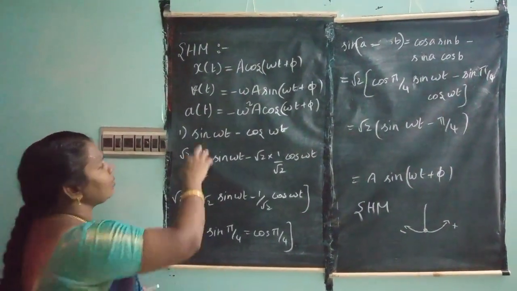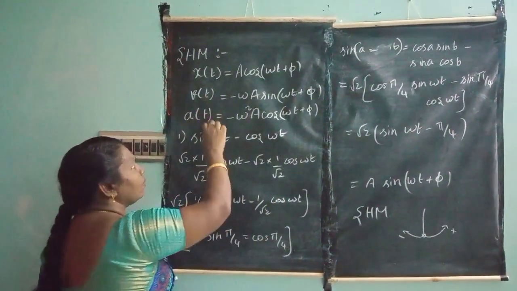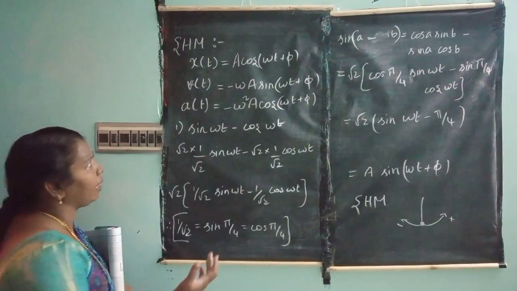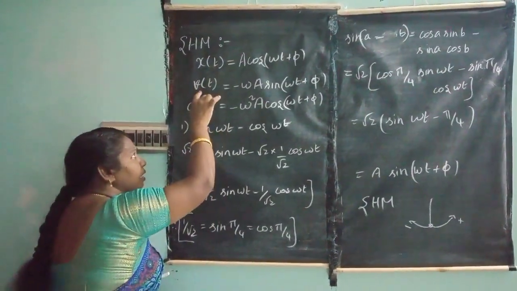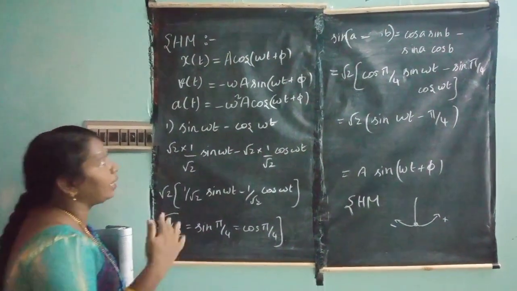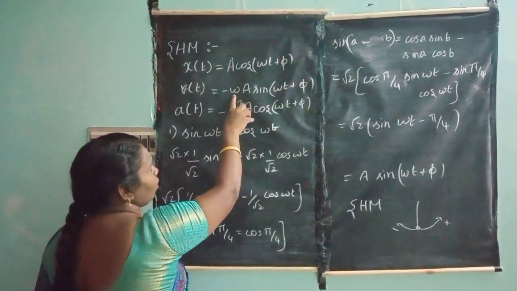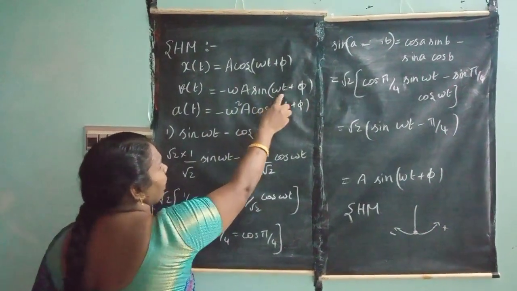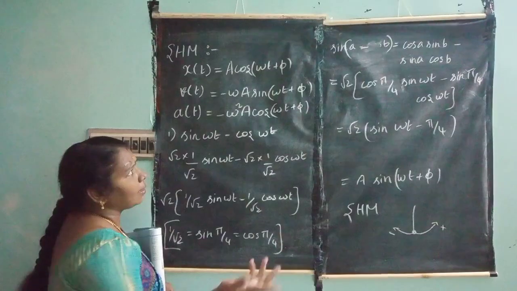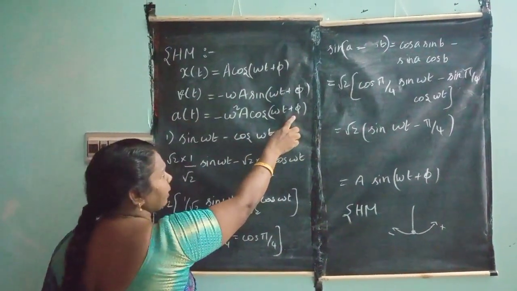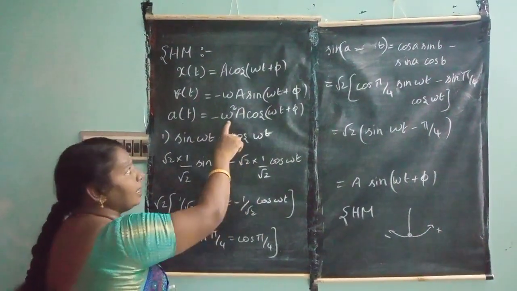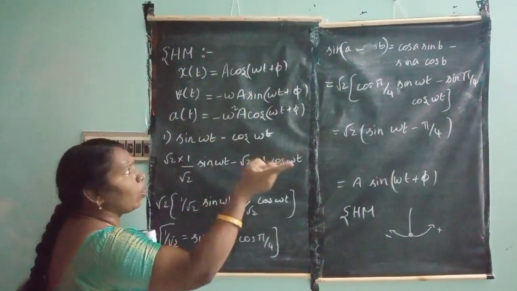Here, see, acceleration is equal to velocity divided by time taken. So when I differentiate this velocity with respect to time, what value do I get again? See, this is a constant, omega A sin(omega t plus phi). When I differentiate sin, what is that term? Cos, that is cos(omega t plus phi). With respect to t, again I am differentiating, I get one more omega. Already there is one omega, so omega into omega, omega square.